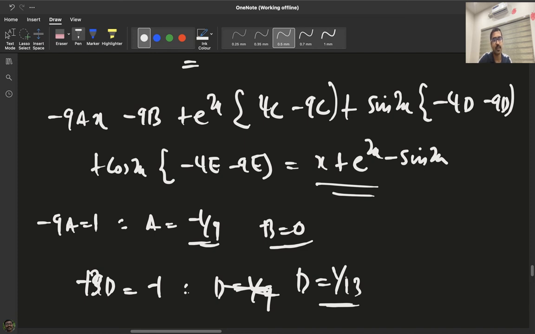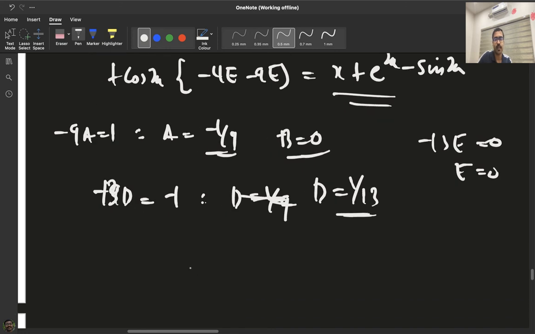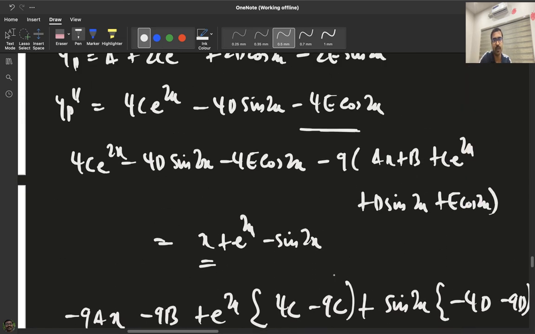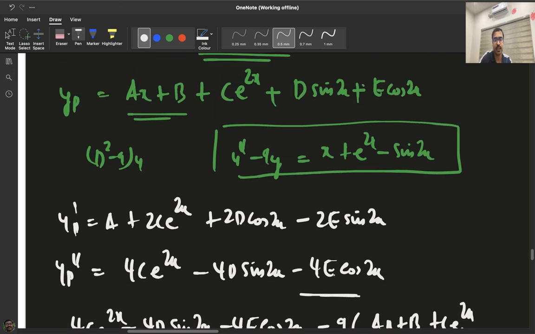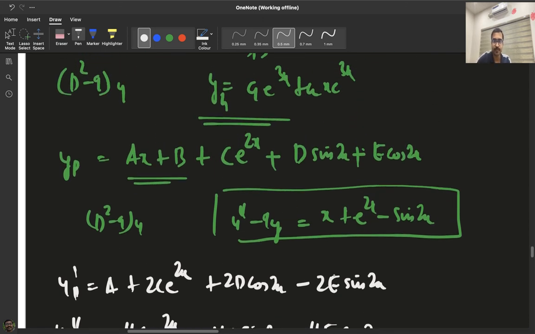Okay, and similarly you have minus 13e into cos 2x, but there are no cos terms here, so this minus 13e will be simply 0, so your e will be 0. Okay, so we have got your a as minus 1 by 9, your d as 1 by 13. So when you substitute it, your solution will be of the form, so your yp is